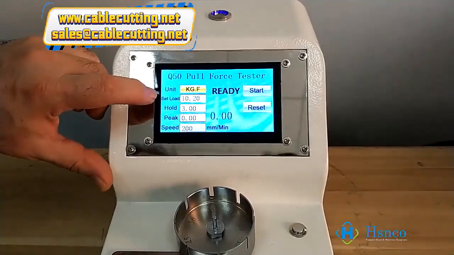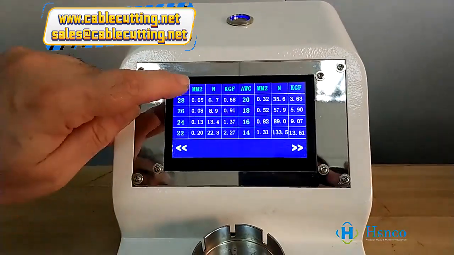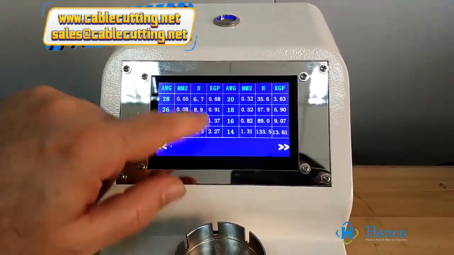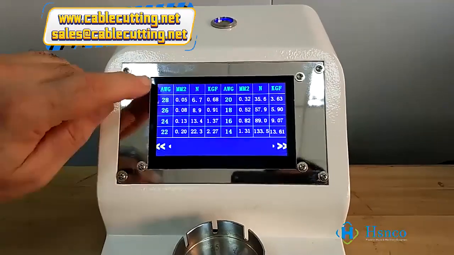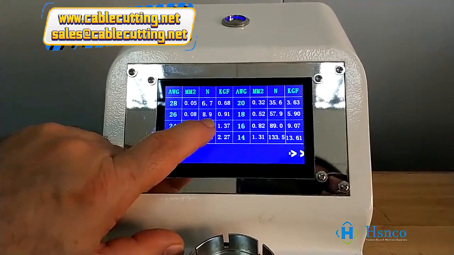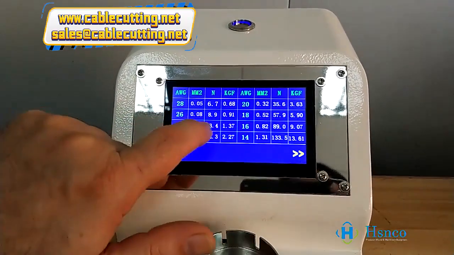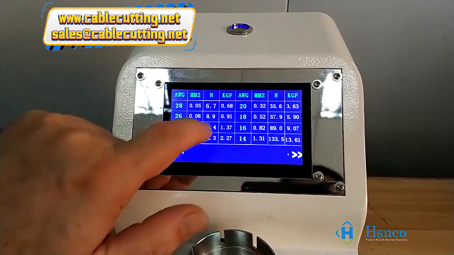If you touch the set load, this page comes up. Write XIAMEN2. The machine can have a standard draft: AWG 26, Newton 8.9, kg 0.8. If you choose this one, and